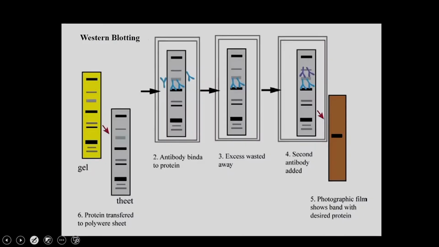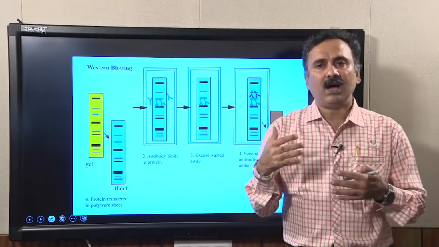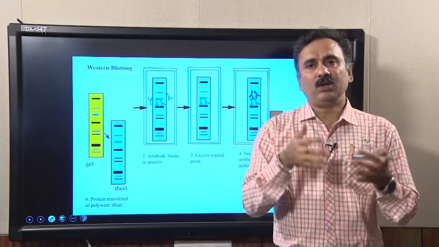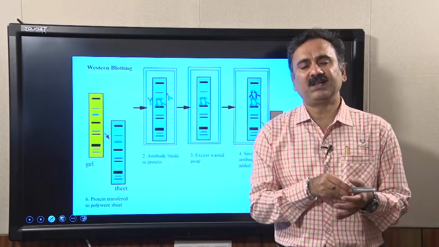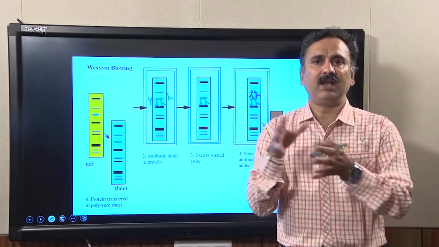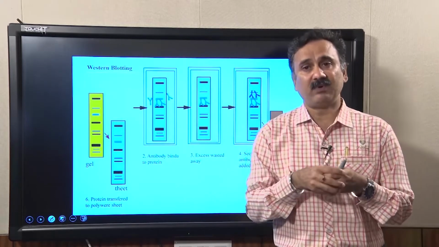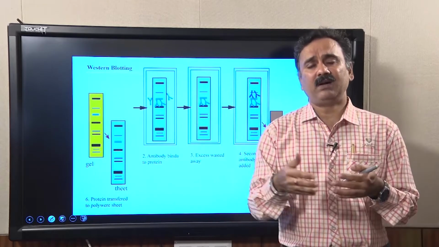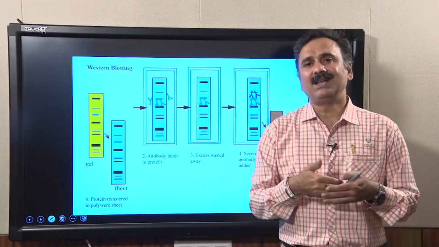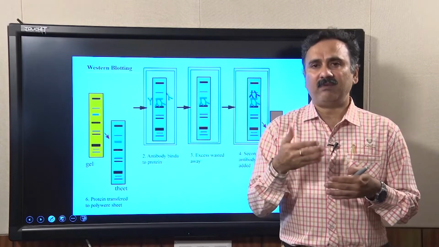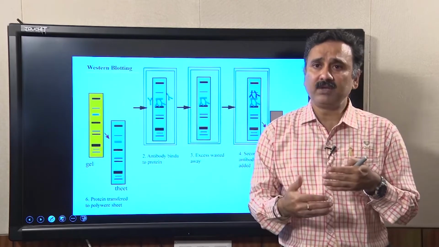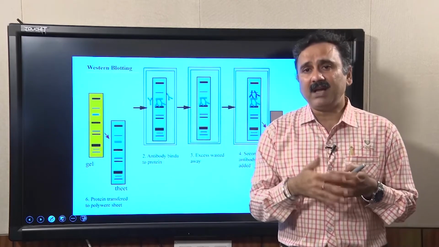So, this is about the Western blotting. We have discussed all these steps, and also how to perform them. Now, to show you how to do these experiments, I would like to take you to my lab, where the students are going to perform these experiments, and discuss each and every step, how to perform, and what different steps you should take, how to remove the trapped air